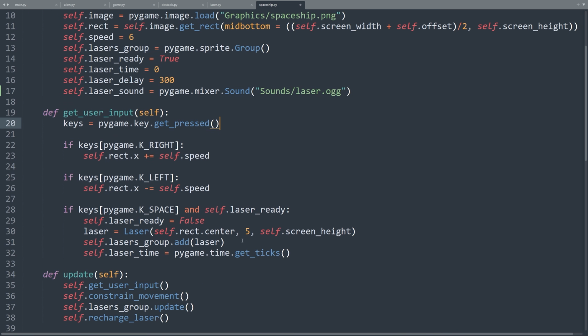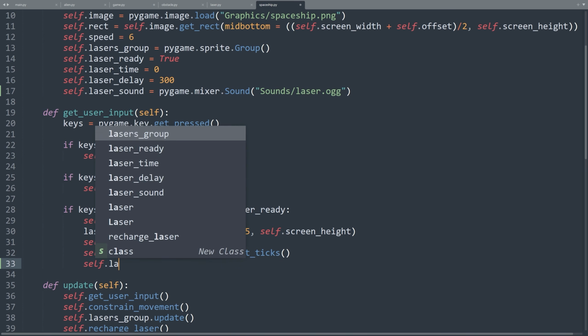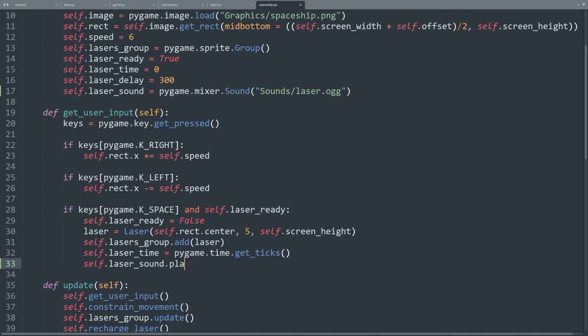Perfect, the sound is now loaded. We can play it. All we have to do now is to call the play method of the loaded sound. We have to play the sound when the spaceship shoots a laser. So inside the getUserInput method, after creating a new laser beam, we can add the following: self.lasersound.play(). It is that easy. We have to do the same thing for the explosion sound, but we are going to load the sound in the game class because that's where we check for collisions.